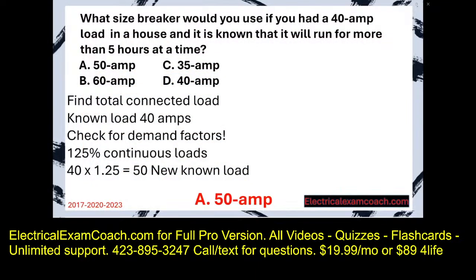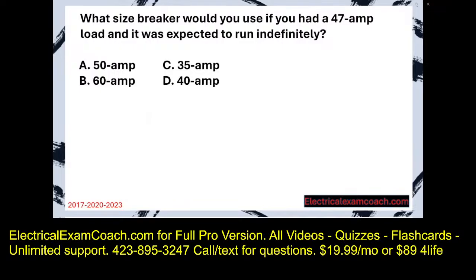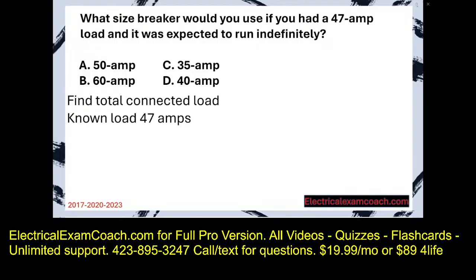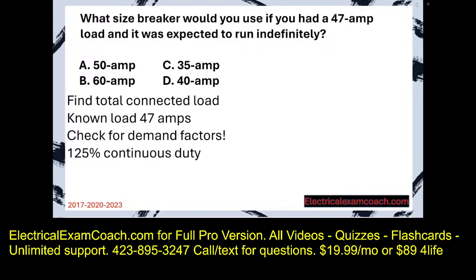Let's get to it. What size breaker would you use if you had a 47 amp load and it was expected to run indefinitely? Step 1, find the total connected load. Our starting known load is 47 amps. Now we check for demand factors. And in this case, it gets that 125% continuous duty, just like a continuous load. We take our starting known load multiplied by 1.25, and that equals